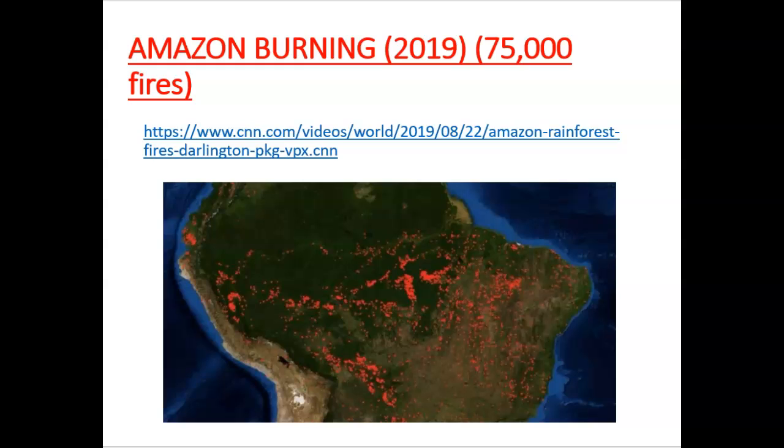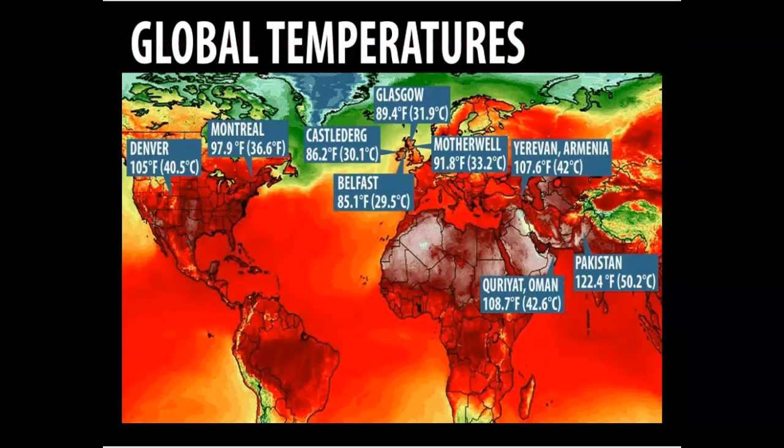So global temperatures have been going up over time. This was all from last summer. I know some of you are well traveled and others of you are only here in the United States. Most people have an idea about Scotland and how high in latitude Scotland is. So Glasgow is in Scotland, and for a few days last summer it was 89.4. Denver, which is a mile high up out in Colorado, hit 105.